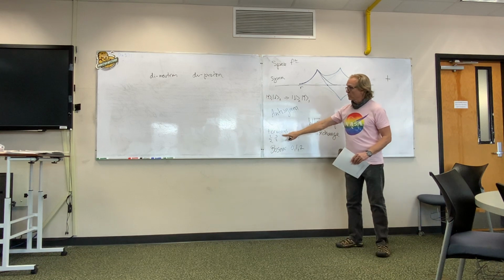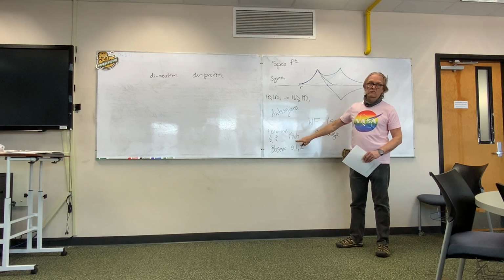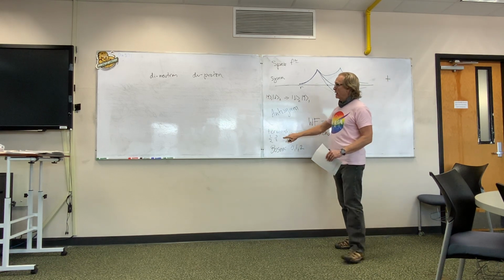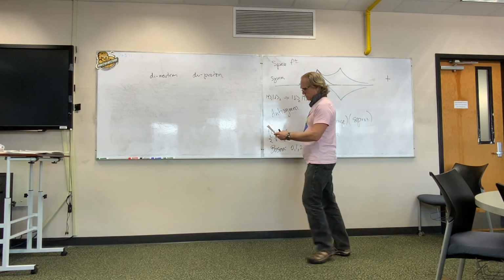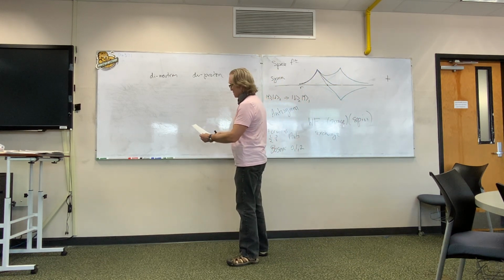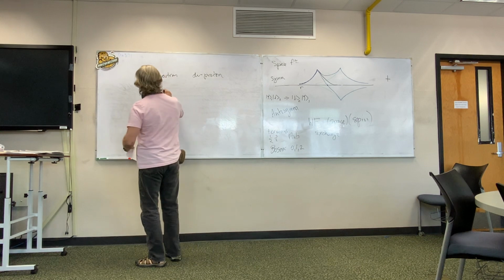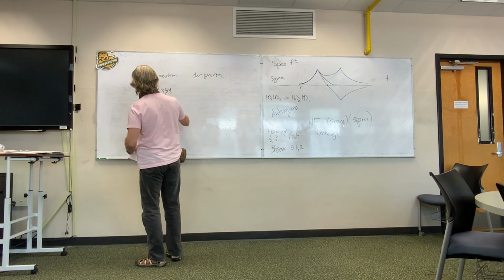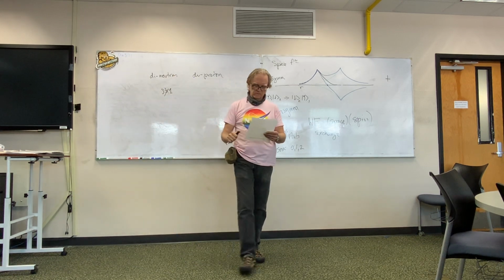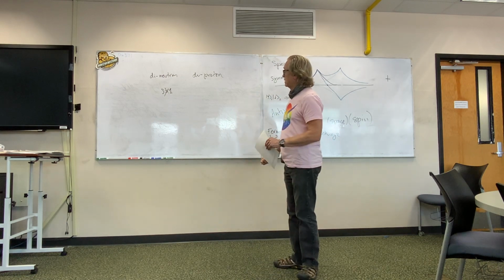They're fermions, so the overall wave function has to be antisymmetric. And if it's symmetric in space, then they cannot have an S equal 1 state. Because that's also